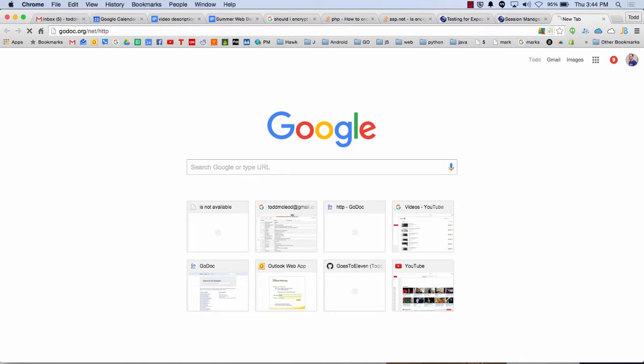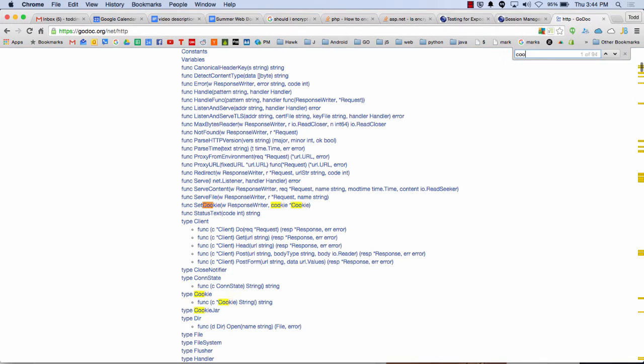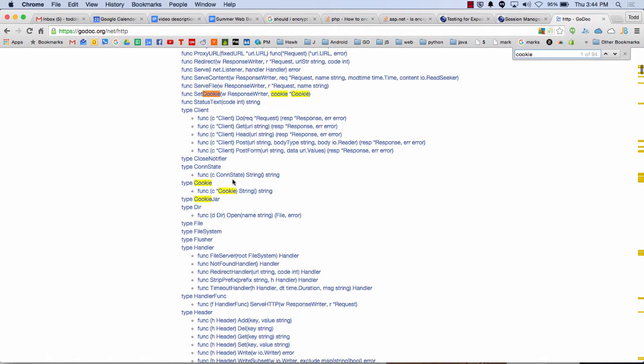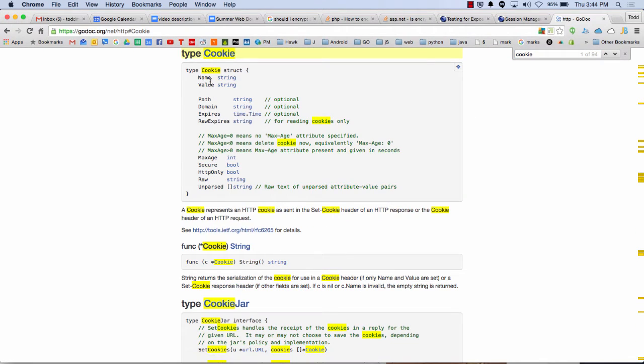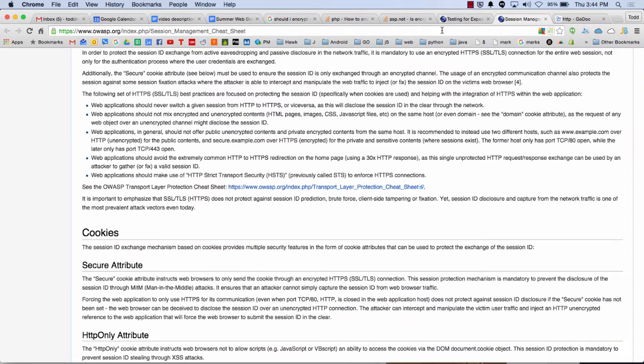So if we go to godoc net/http and we look for a cookie, right, and we have type Cookie, is there something in here, Secure, right? So we can say, hey, this can only be sent over secure. And so if we set that, then the secure cookie attribute ensures the session ID is only exchanged through an encrypted channel. I guess the cookie doesn't get exchanged if for some reason there's a mishap, right? And like only send this over secure. That's kind of cool. Like we could set that in our cookie.